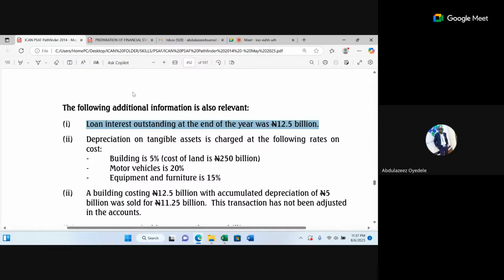No, you know that in treating loans, the loan itself, that is the capital sum, the principal sum, is a non-current item because you are not expected to pay back within 1 year. But the interest on that loan is a current item. If you take a loan of 10 million from a bank and you're expected to pay in 5 years, the interest on it is not expected to be paid after that 5 years. You're expected to pay the interest annually. So the interest is a current liability that you have to pay.